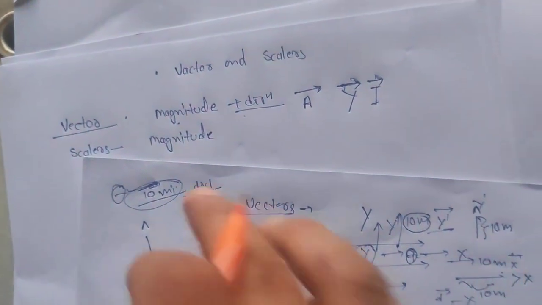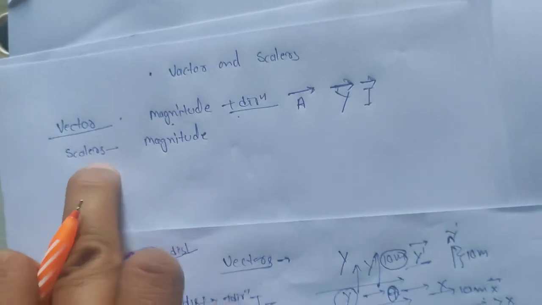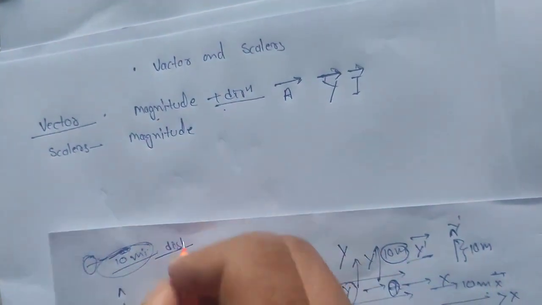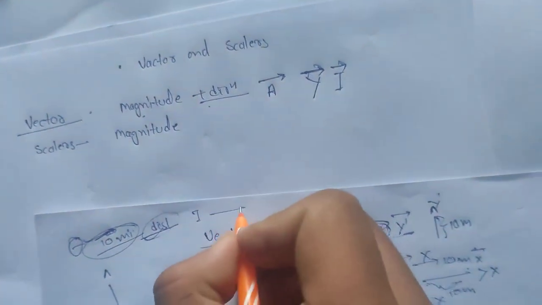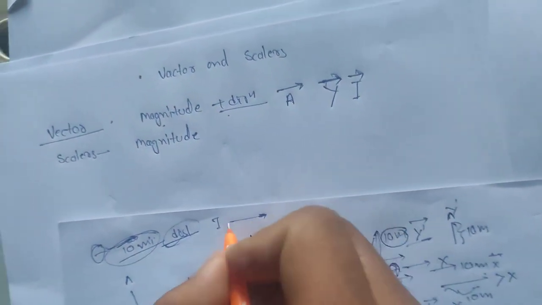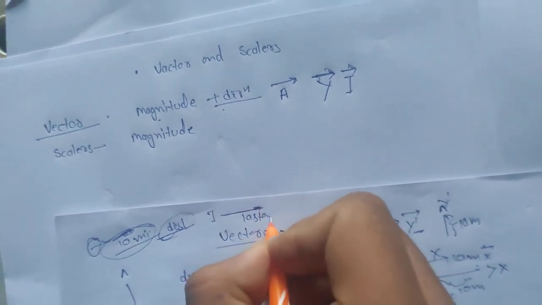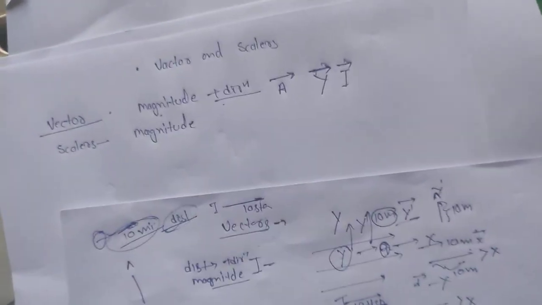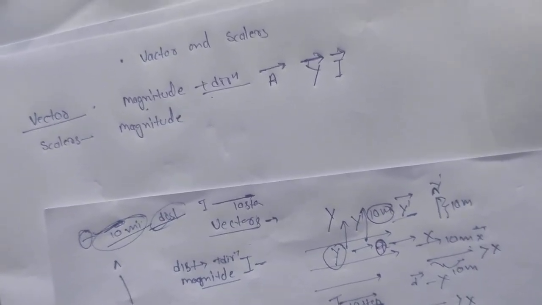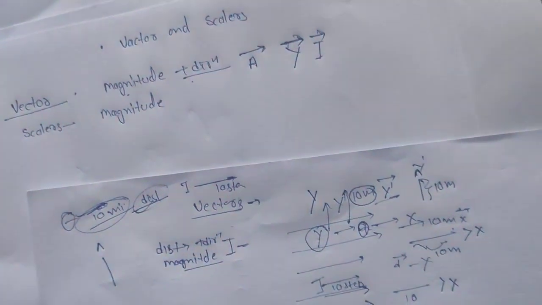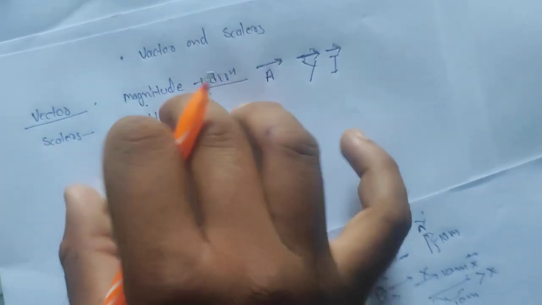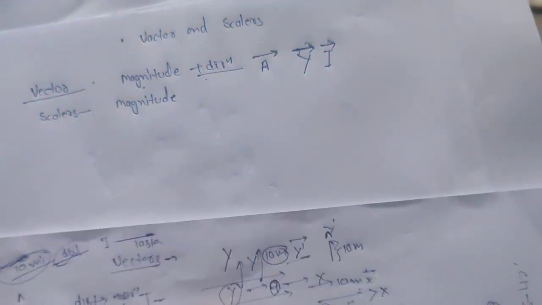So we call this a scalar, which has only magnitude, basically only distance. If you say you are traveling 10 meters or 10 steps, and I ask in which direction and you say I don't know, then I am a scalar, because my students don't know in which direction I'm traveling. If I lose the direction, I behave like a scalar. So scalars have only magnitude. I hope you understand the topics of scalars and vectors.